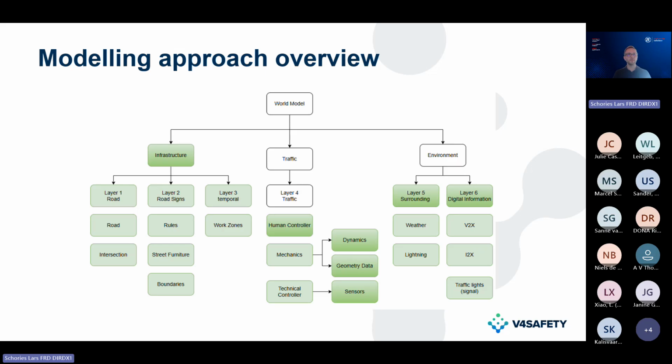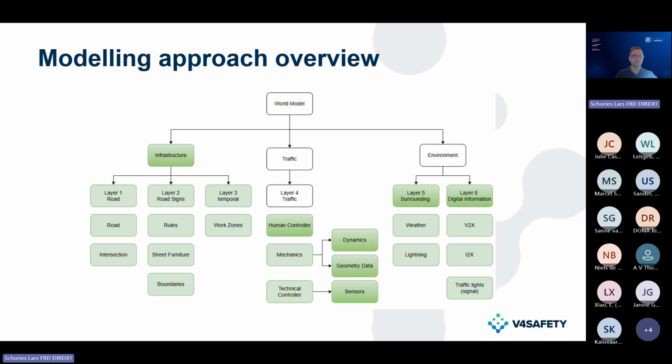Okay, finally, you see the different clusters on the one hand, but as well our distinguishing between the models. So we start, in our view, with a world model. Then we have the 3 different main parts, the infrastructure, the traffic, and the environment. And we also did not redefine the wheel. So when you talk about infrastructure, traffic, environment, you see as well the relation to the so-called Pegasus model, which we are as well